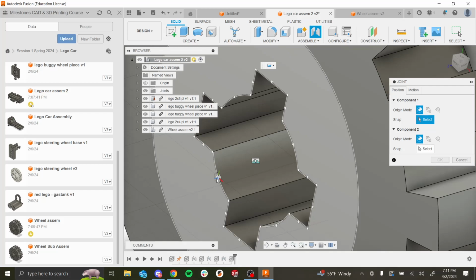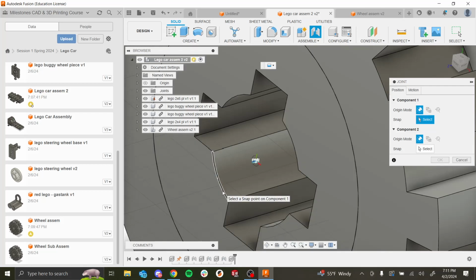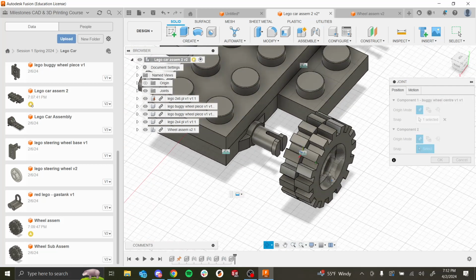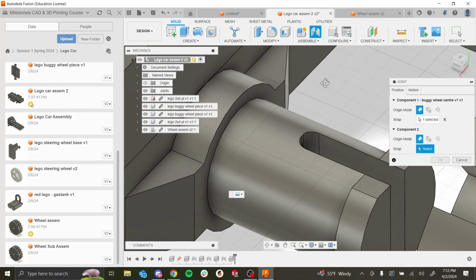Then when you constrain it to the axle, your wheel is going to spin in a non-concentric way. To fix that, you want to make sure this mini origin is where you want it. Again, if I move down a little bit, it's centered. That's what you want. So I'm going to confirm by clicking it,